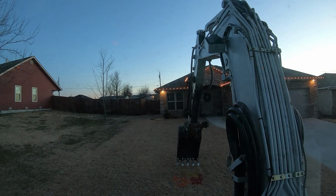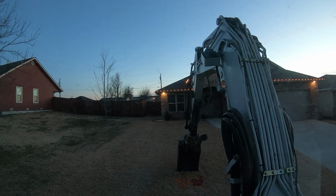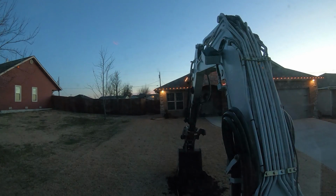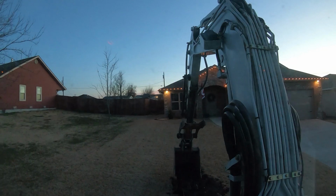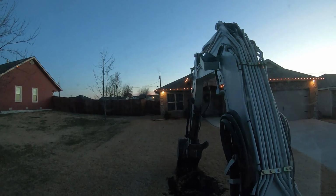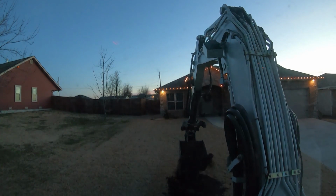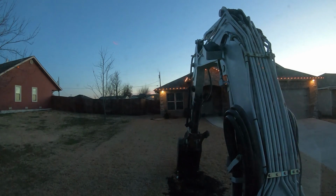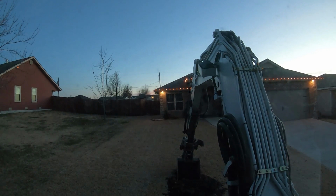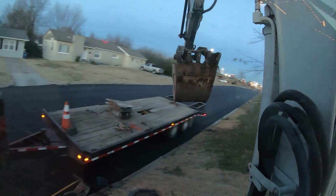So I'll just use the old sharpshooter trick. Just makes me nervous not knowing where the water lines are, which they don't locate anyway. They locate the meter, but they do not locate where it goes in the house, or where it goes from the meter to the house. Which is one reason I just don't want to take a gigantic bite. Because I could probably dig this hole in one shot, but